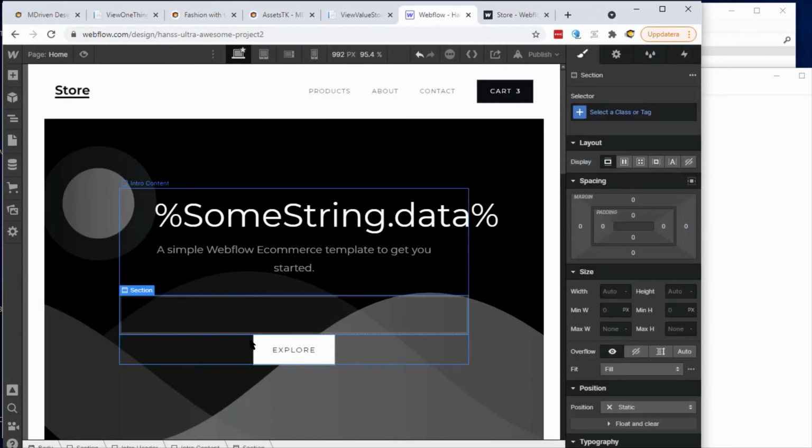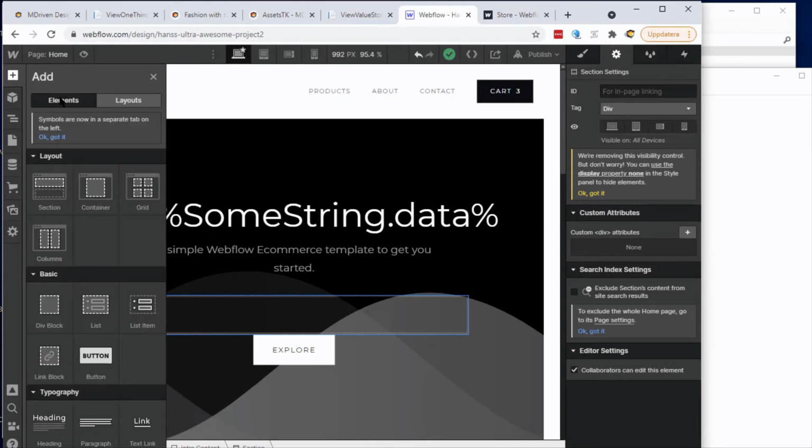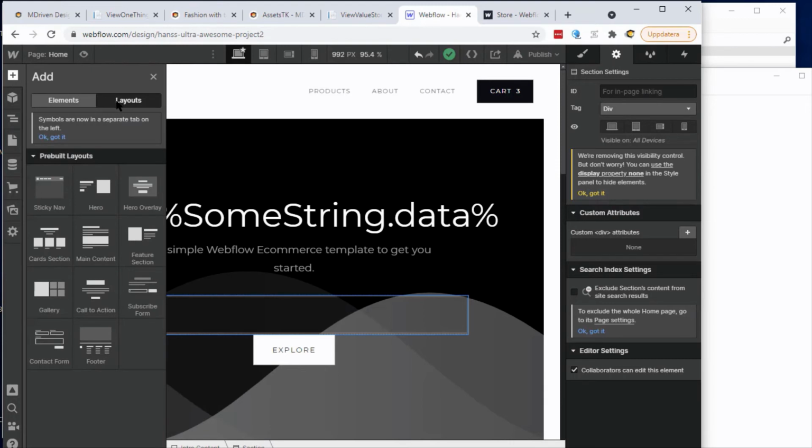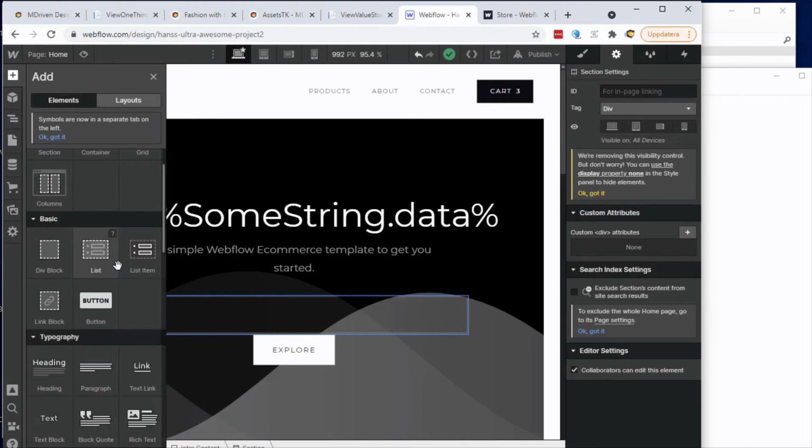Like this, I guess. Right now we have something, a box of emptiness that we want to fill with something. Yeah, is it a layout? No, it's probably an element, and it's a, well,